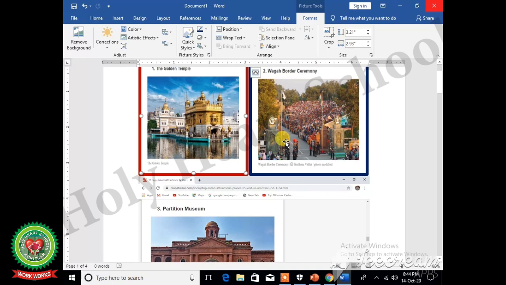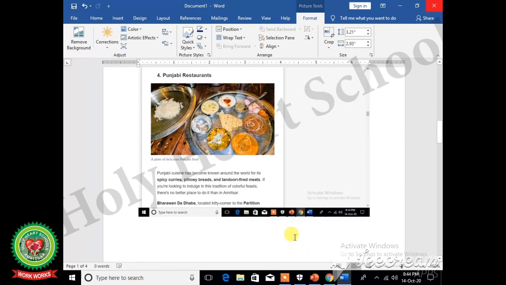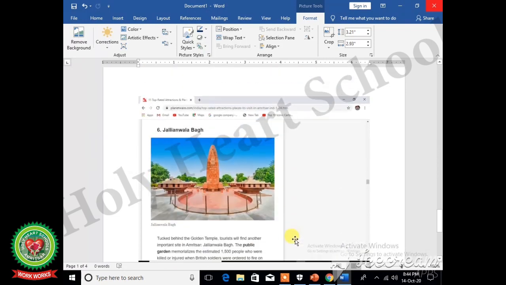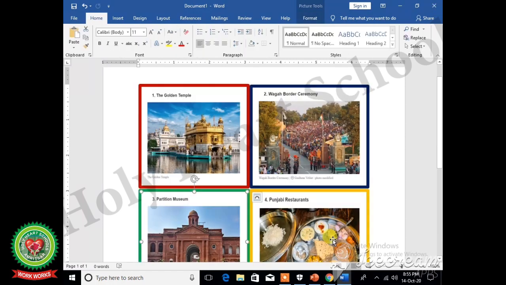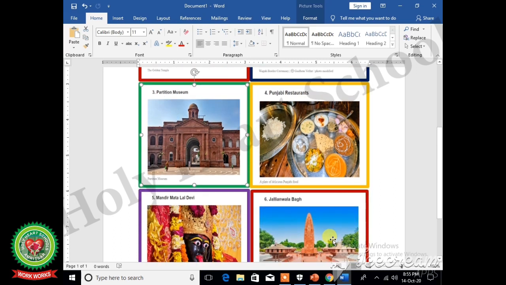Now similarly we will do the formatting of the image 3rd, 4th, 5th and 6th. Students, see the formatting of the 6 images.